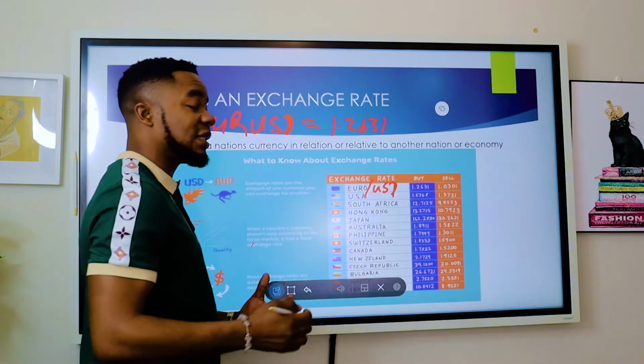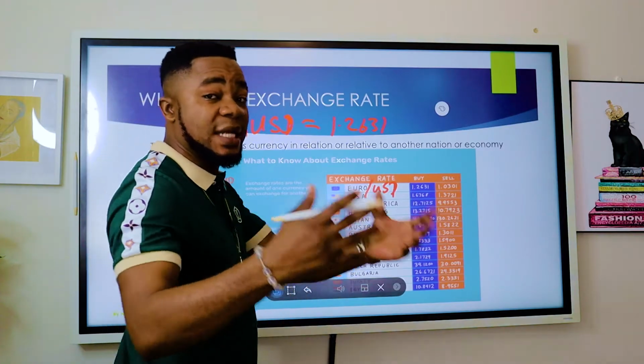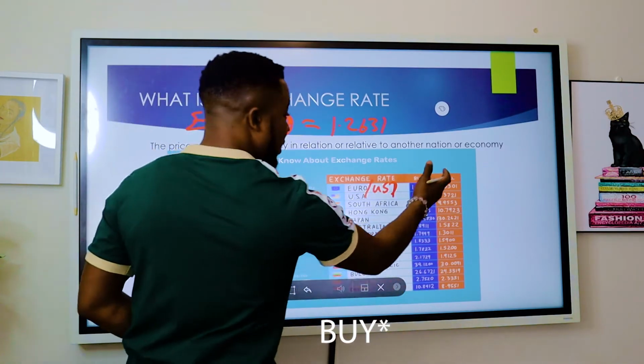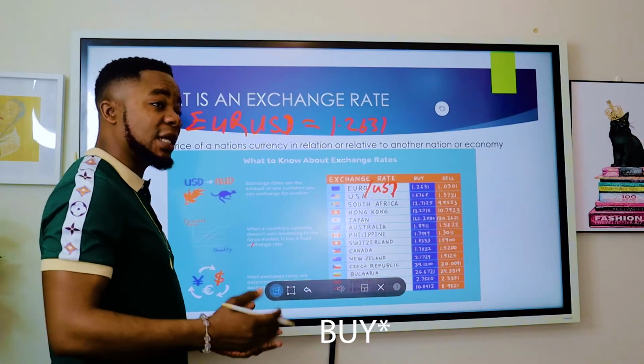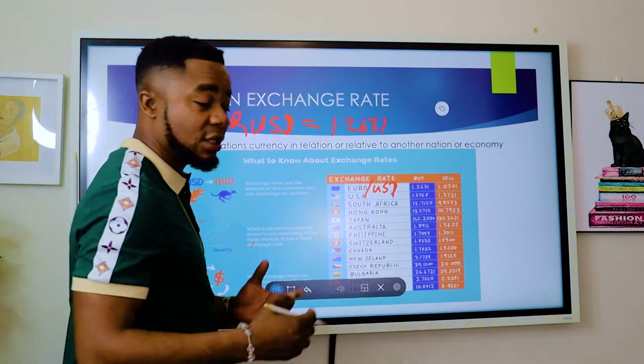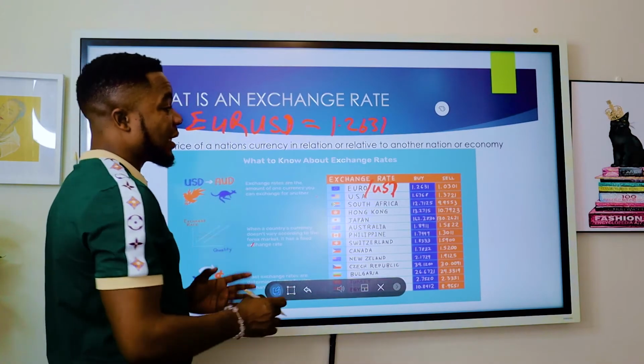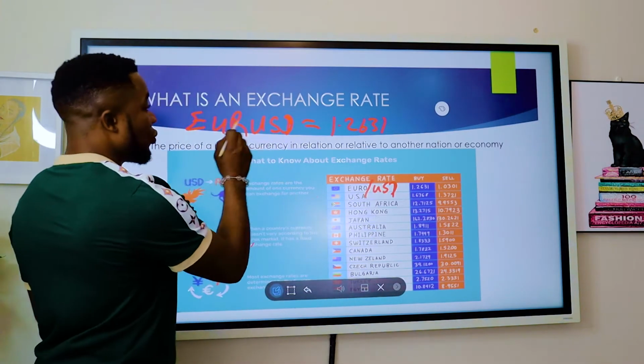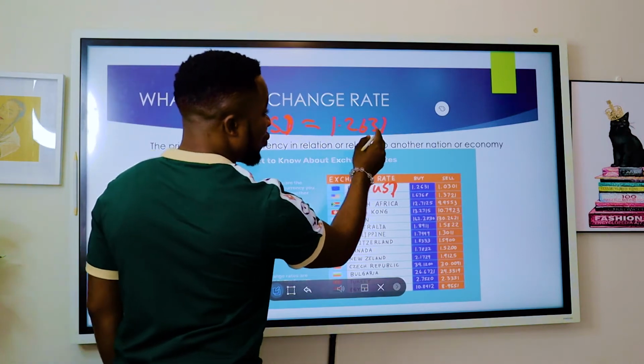The bid price is the price the broker is ready to buy that particular currency from you, and the ask price is also known as the sell price, the price the broker is ready to sell that particular currency to you. All right. So let's take the bid price as an example. If Euro USD has the bid price as 1.263,